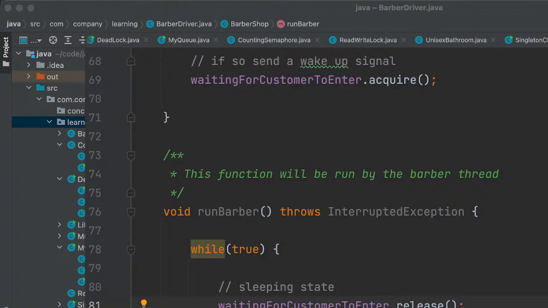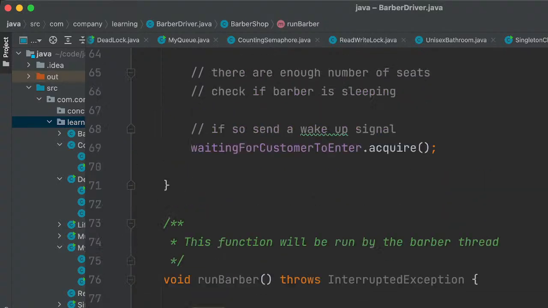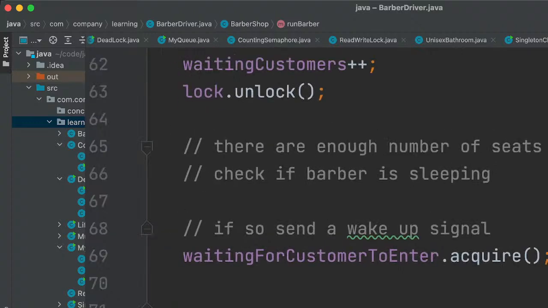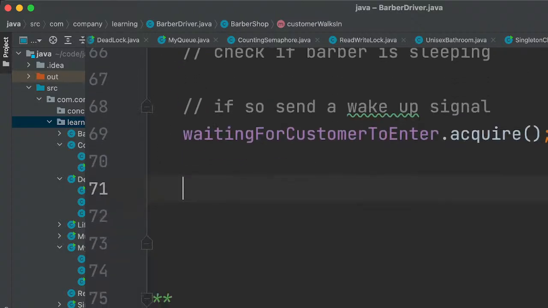What exactly is semaphore Java? Okay, let's leave that part and somehow create a signal.